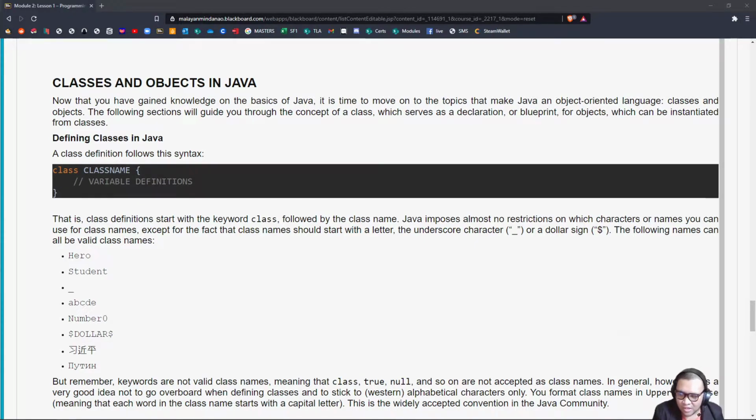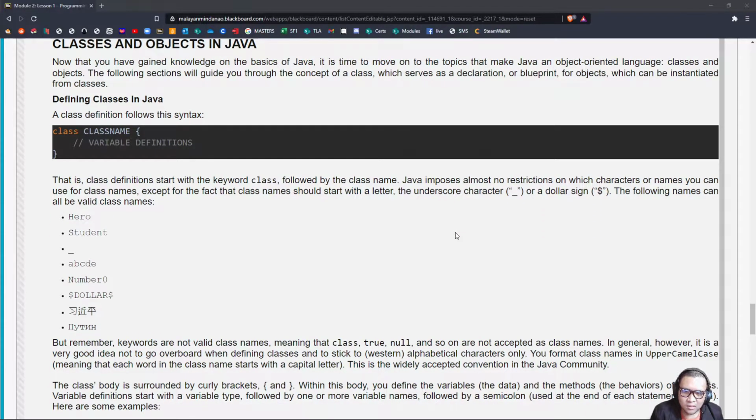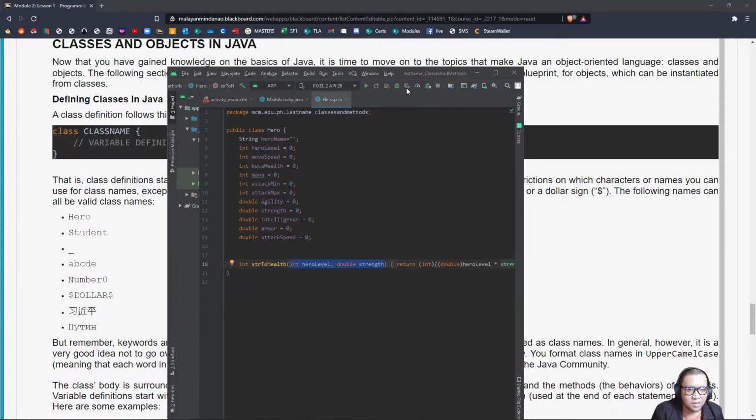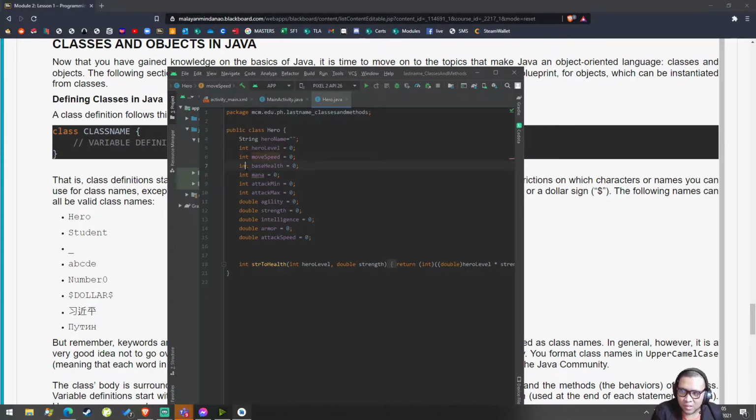First, in the definition of classes, there is a simple rule. It should always start with a letter, an underscore, or a dollar sign. It means everything that is listed here should be a legal class name. But remember, keywords are not valid class names. For example, you cannot use this as your class name because it is already